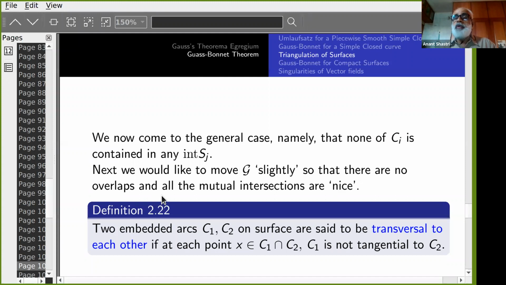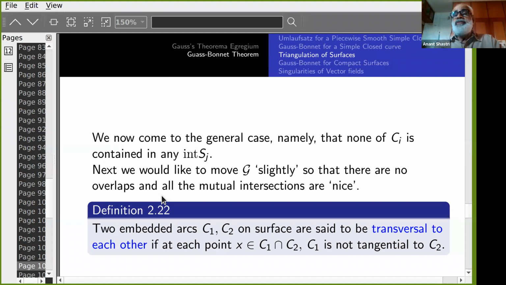within G. I'm talking about the curves. This is a different curve, that's a different curve, but they may have overlaps. That should not be there. Neither should they be tangential. So the only thing that is allowed, of course, is that they will intersect. They will have to intersect transversely like this.